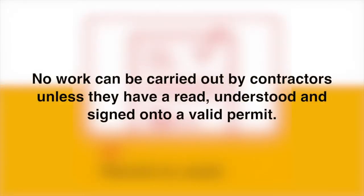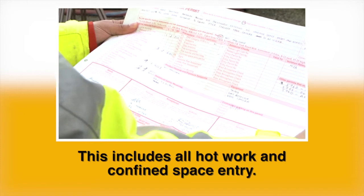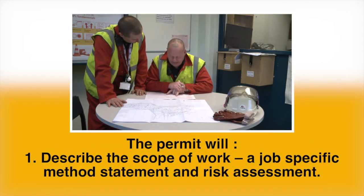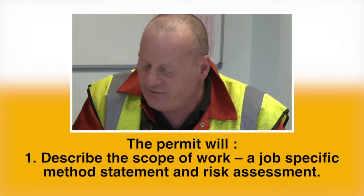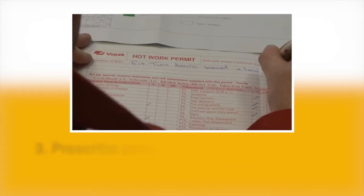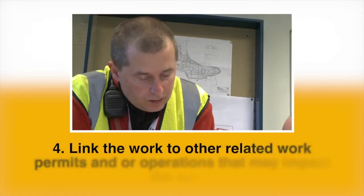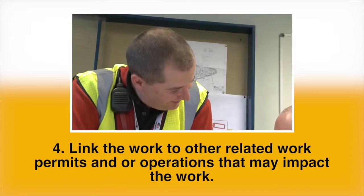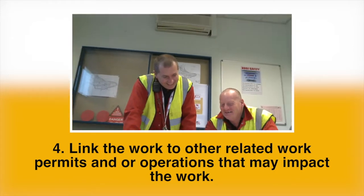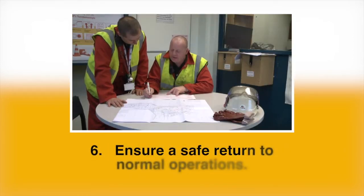No work can be carried out by contractors unless they have read, understood and signed onto a valid permit. This includes all hot work and confined space entry. The permit will describe the scope of work, a job-specific method statement and risk assessment, identify the associated hazards and assess the risks, prescribe control measures to eliminate or mitigate the hazards, link the work to other related work permits and/or operations that may impact the work, ensure work is authorized by a responsible person, ensure a safe return to